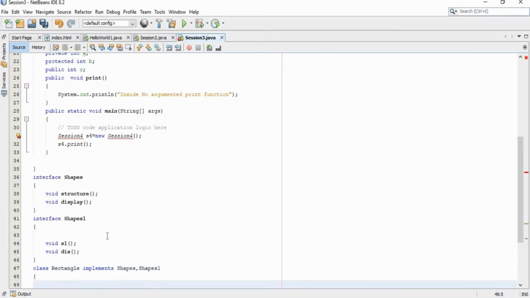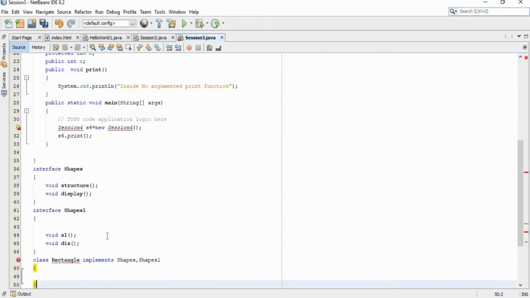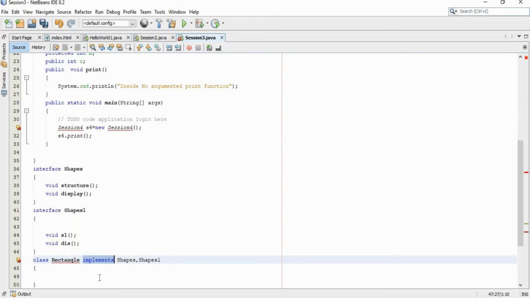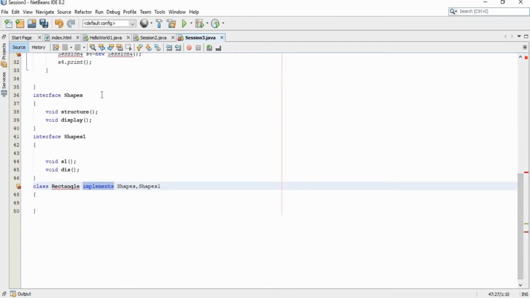To inherit a class from a class, we use the keyword extends, whereas to inherit a class from interfaces we use the keyword implements. In this way we can create multiple inheritance. Just look at the prototype here. Shapes is a base class and shapes1 is also a base class. From these two base classes we have created the class rectangle.